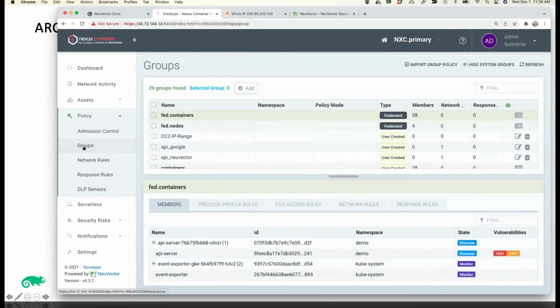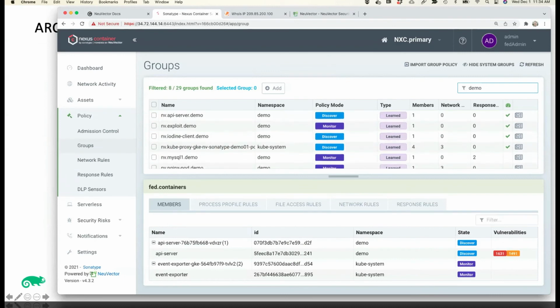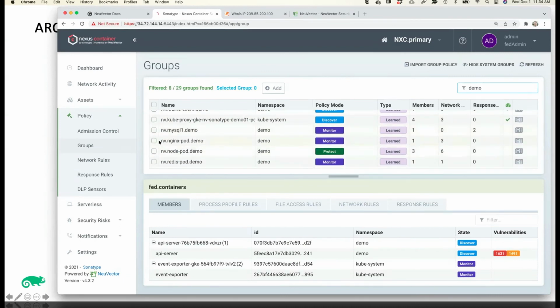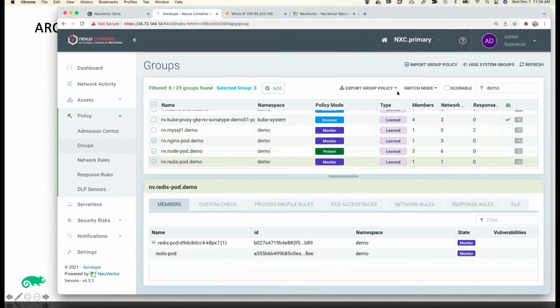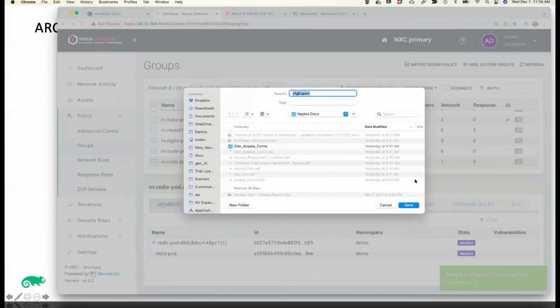Now, let's say this is my staging environment and I have decided that I'm comfortable with how this is all set up and tested. I want to now promote this as my declarative security policy as code. So I'm going to select this stack and I'm going to export this as a policy group.